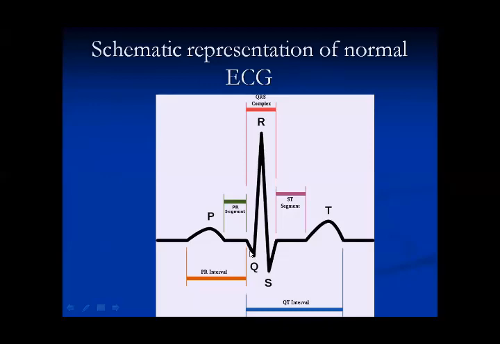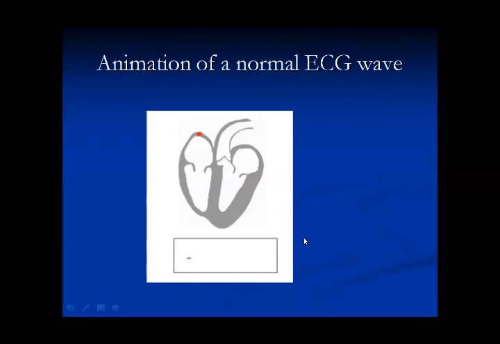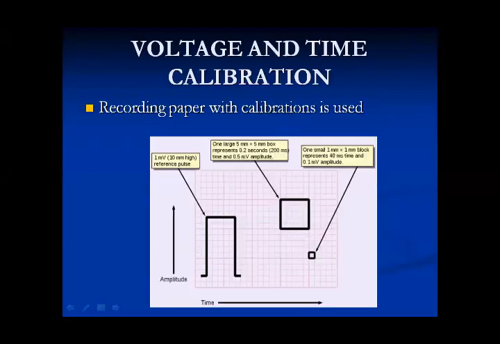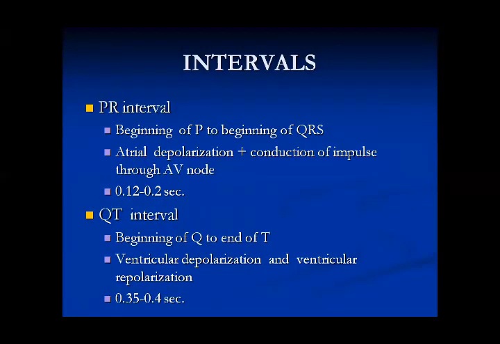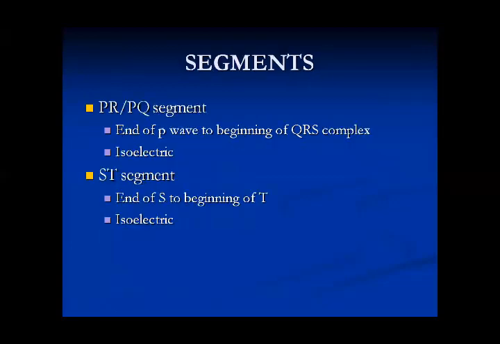The ST segment starts from the end of the S wave to the beginning of the T wave. That is the ST segment. So these were the segments: ST segment, end of S wave to the beginning of the T, and its isoelectric intervals. PR interval, beginning of P to the beginning of QRS. As I have told you before,